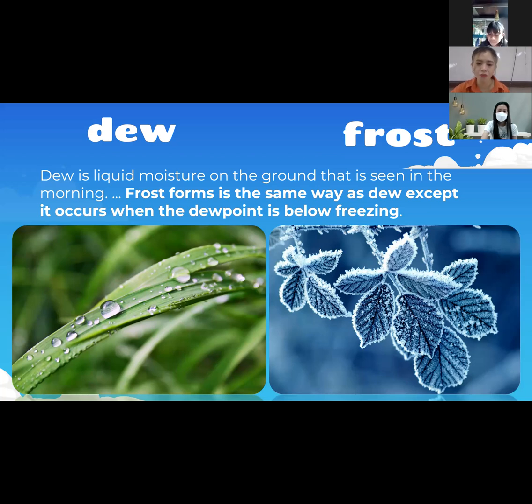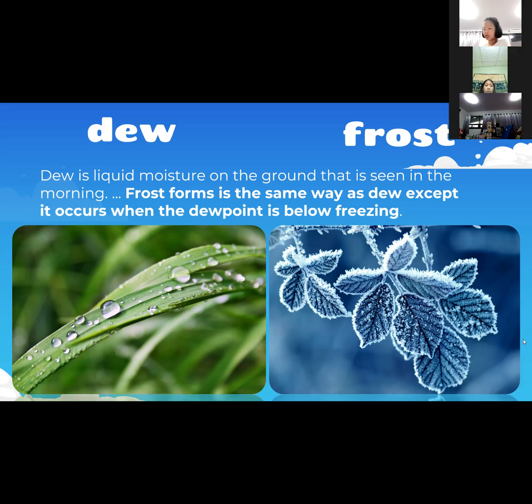So frost is formed in the same way as dew, but when the temperature near the ground is lower than the freezing point, when it is very, very cold, making dew turn into frost. Okay, as you can see here. Class, I'm going to read something from your book. Did you know that we can see frost on mountains in northern and northeastern regions of Thailand? But only during the cold winter months from the end of December until January.